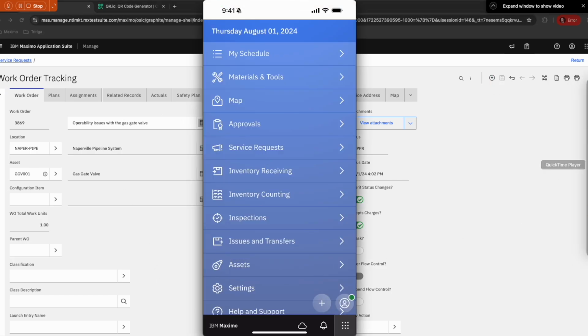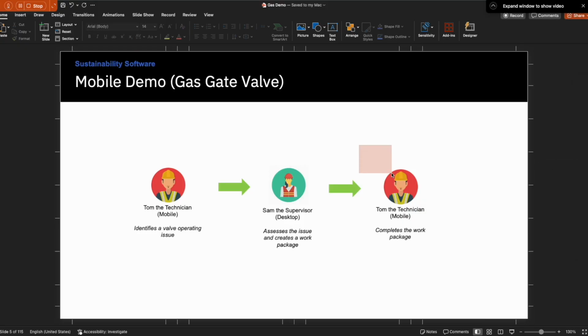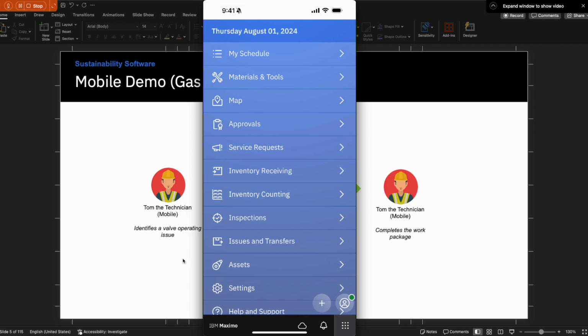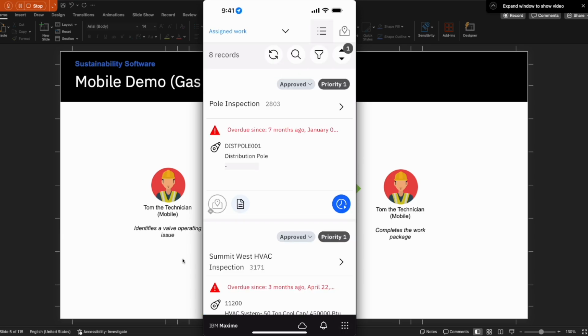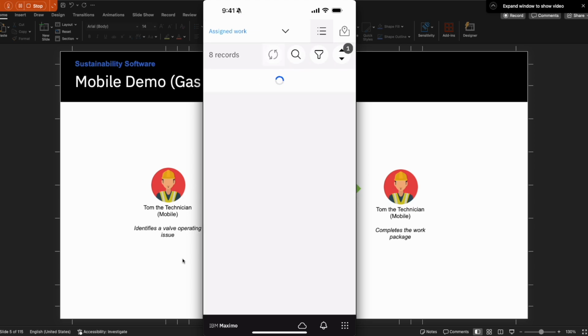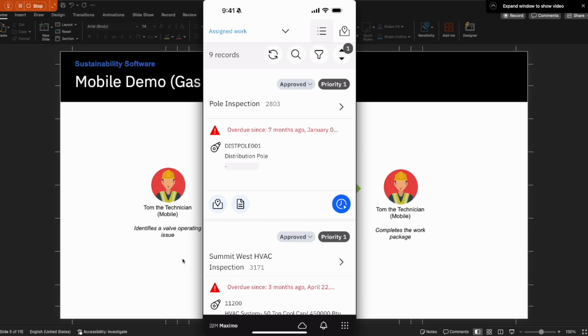Now we're going to migrate over to the last part of this demonstration, which is Tom the technician actually completing the work. So here we'll go back to Tom the technician on the mobile device. The first thing that Tom is going to want to do in his day-to-day is open up his schedule. We can see that there's a couple overdue tasks that he needs to complete. He's going to refresh his task list just to make sure he has the most up-to-date work order list. We can see it updated from 8 records to 9, including the work order that Sam, the supervisor,